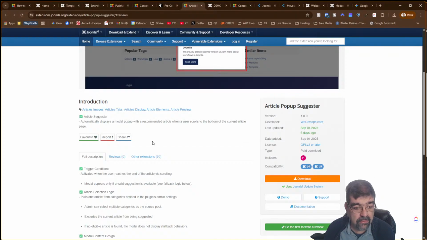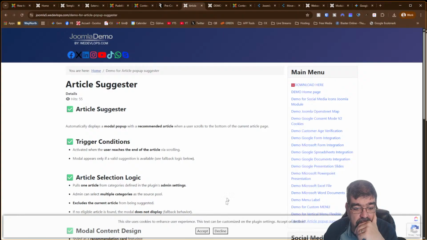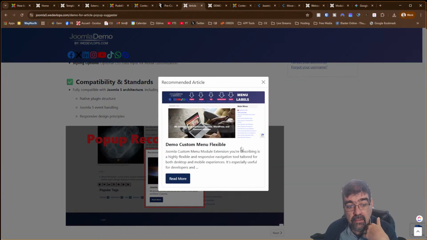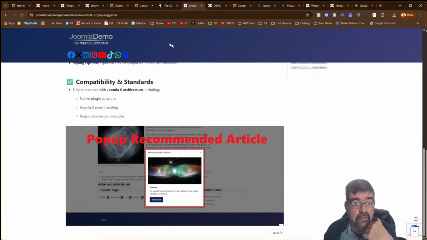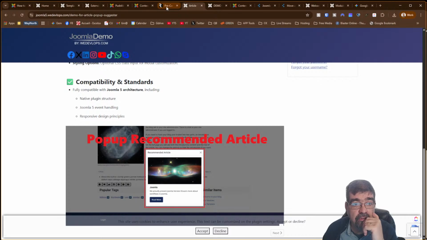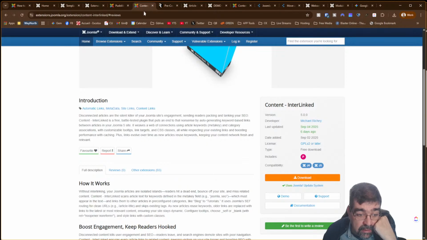It's a paid download. Let's trigger it again. Demo custom menu flexible. Let's refresh. Oh, it's doing different ones. I wonder if there's a delay in